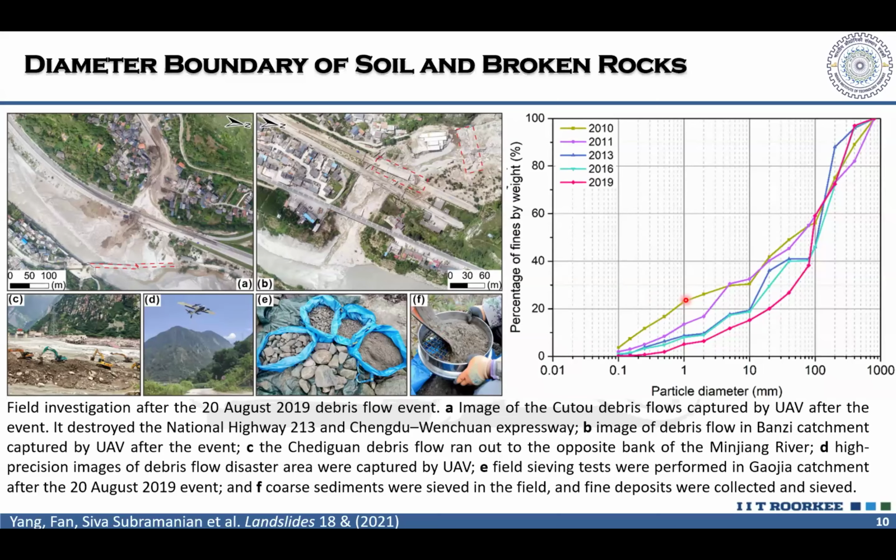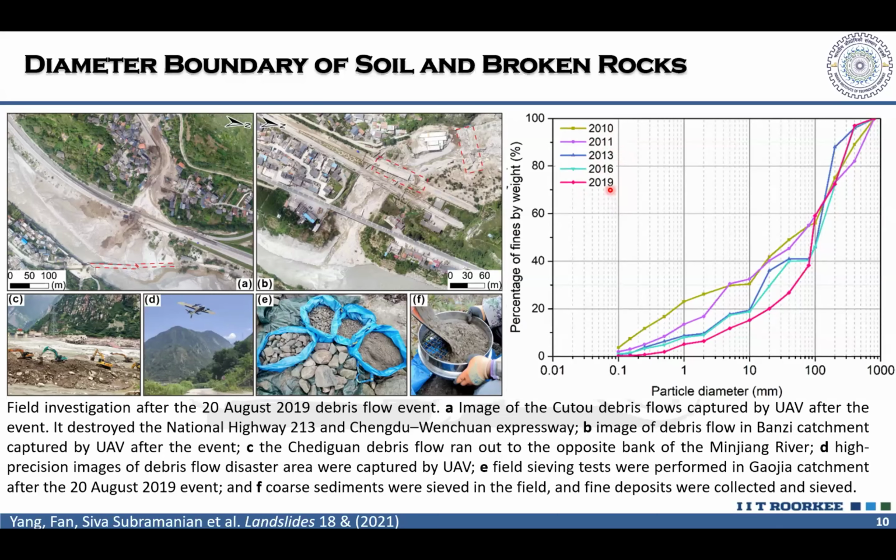For debris flow mechanics, if you talk to a hydraulics person, the 50% grain size D50 or D85 is important because it directly determines the erosional power required by the water to transport the material. And if we see here, across many years after the 2008 Wenchuan earthquake, a lot of loose debris material was introduced to the hill slope because of landslides. And those materials have been removed by subsequent rainfall-induced debris flows in the coming years.